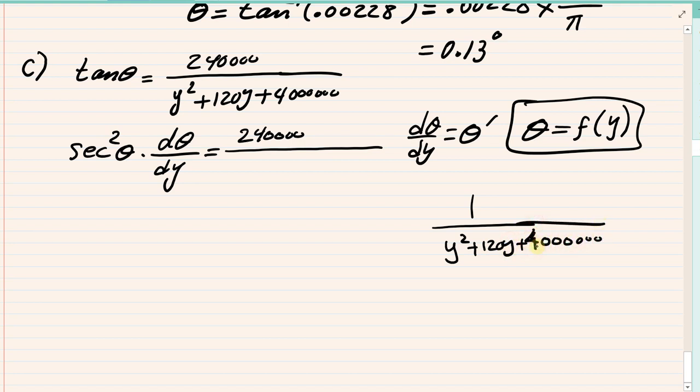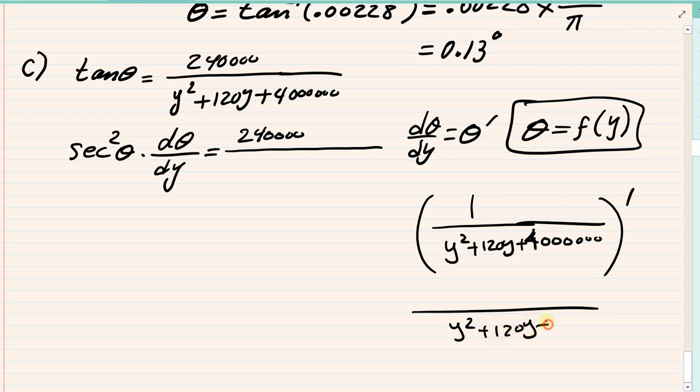Okay, that derivative. So we can use the quotient rule, right? The derivative of that is, you repeat the denominator and you square it. We have to square that. Now repeat the denominator, y squared plus 120y plus 4 million